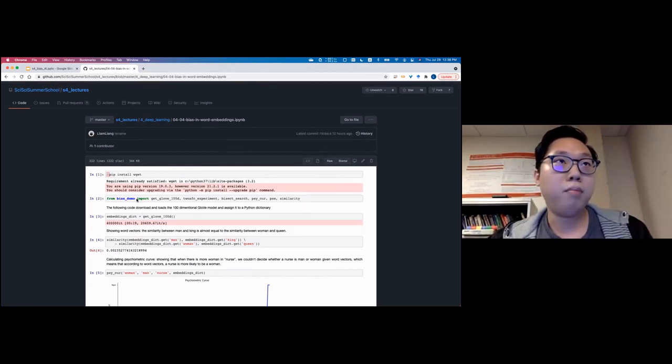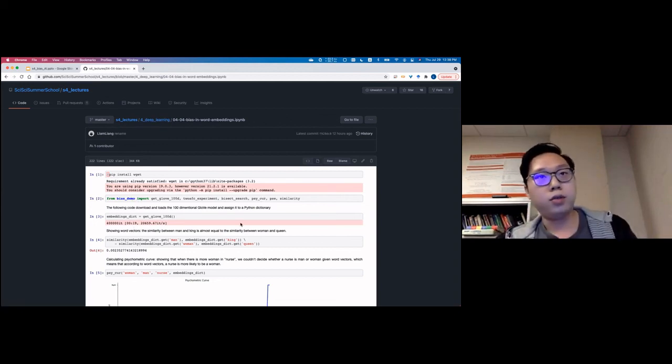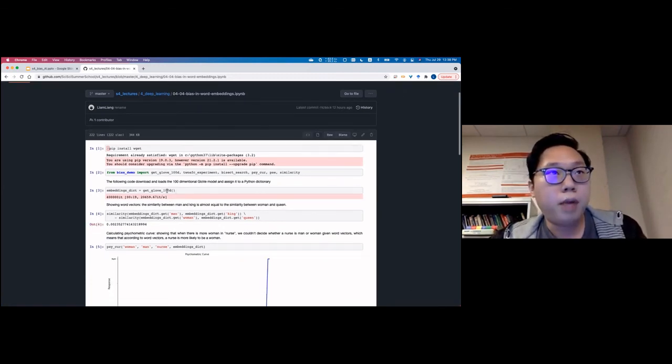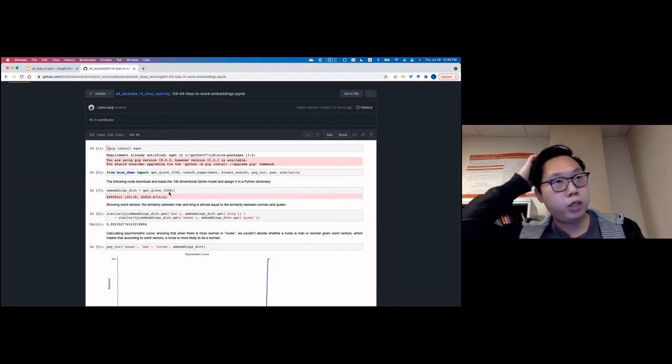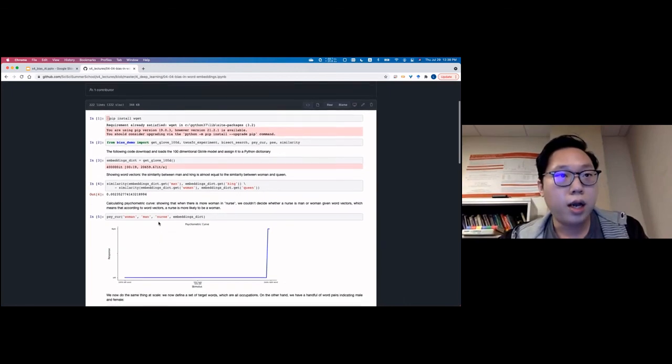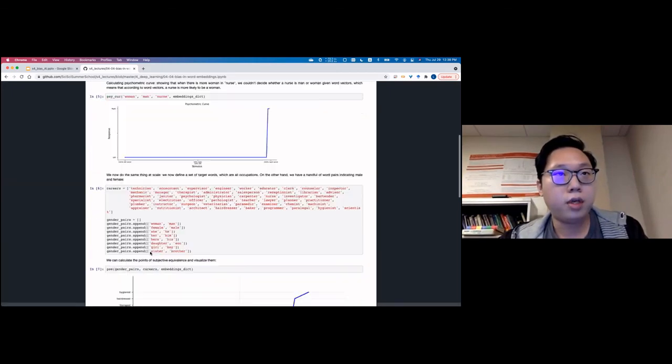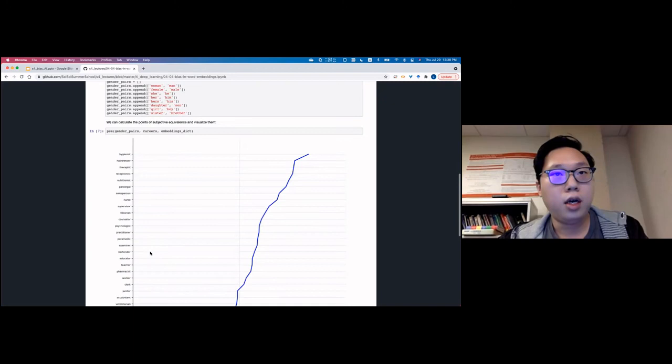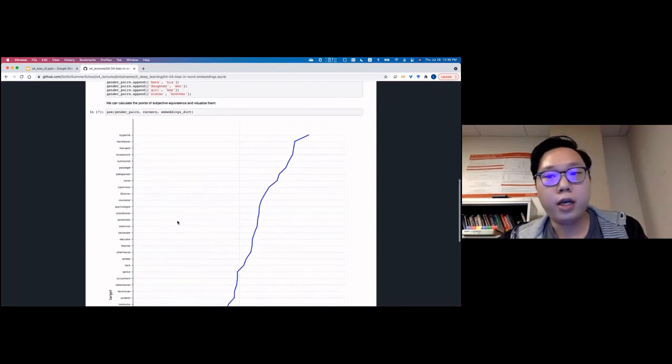I have a module in the last directory where you can import methods that do the 2AFC experiment. By running this function, we can import a 100-dimensional GloVe pre-trained word vector. And by walking through this notebook, we can essentially recreate the experiment that I just showed earlier in the slides.